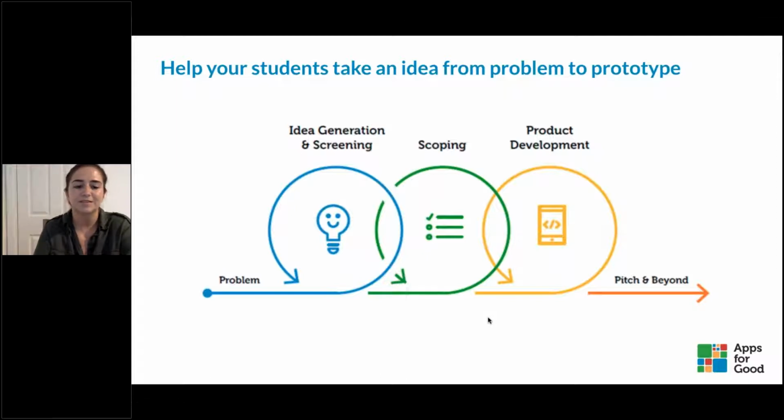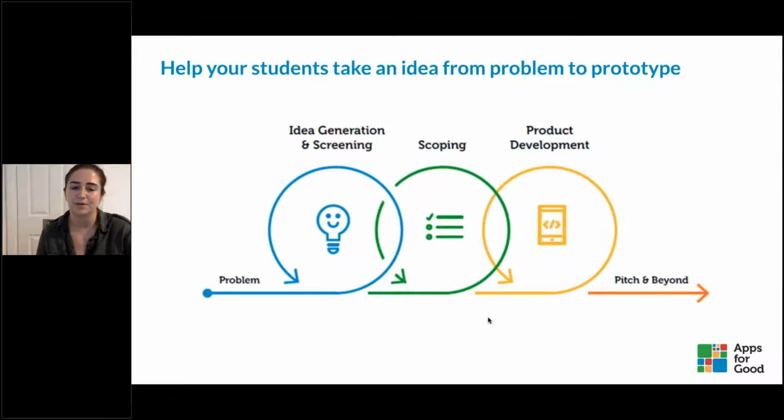In terms of, I guess, why we set up as a charity all those years ago, and our overarching mission, we want to empower young people to use technology to solve everyday problems that they care about. So the idea is that students will work in teams. They will think of a problem in their day-to-day life in their local community that they would like to solve with the use of technology, and then they go on to essentially replicate the model that many startup companies would.